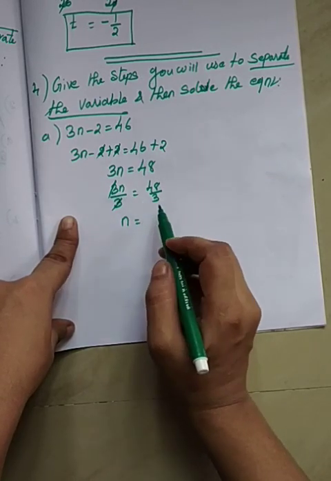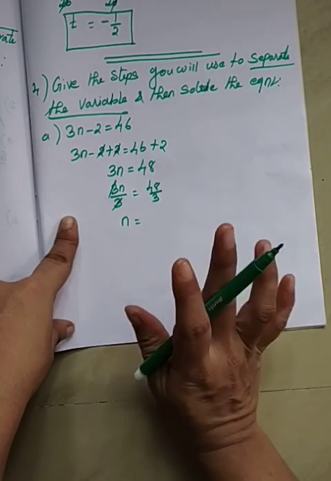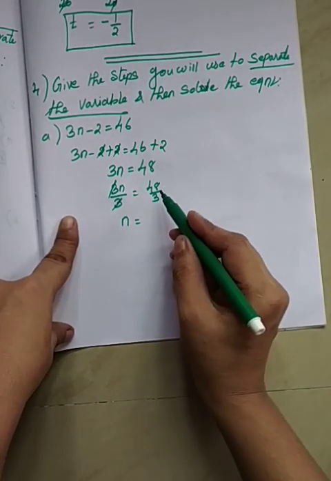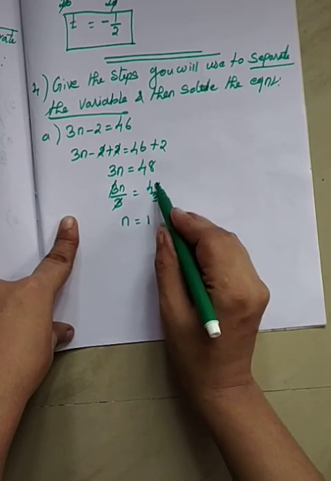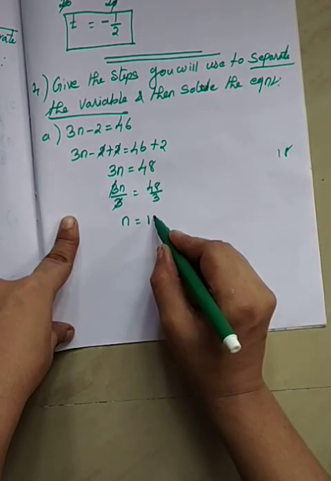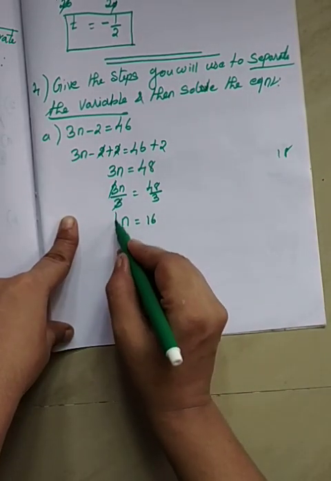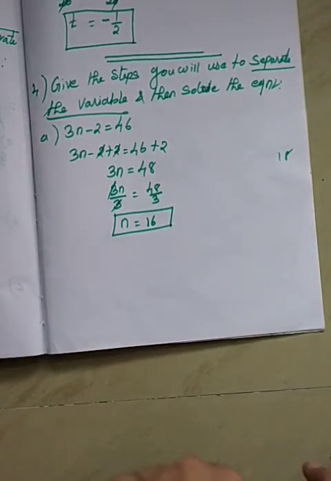The simplification is possible, means you can simplify the right hand side, or otherwise directly you can write that answer. How many 3s are there? 1 3s are 3, the remainder 1, 18. How many 3s are there? 6 3s are 18. So n is equal to 16 is your answer.